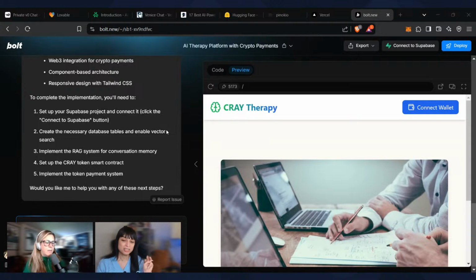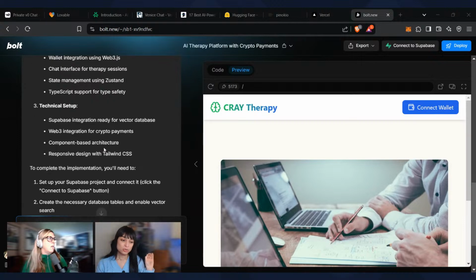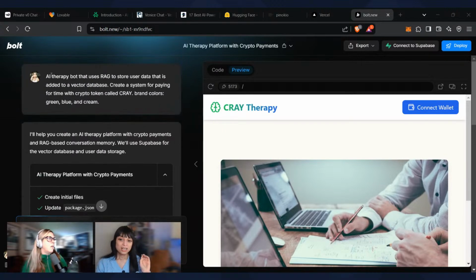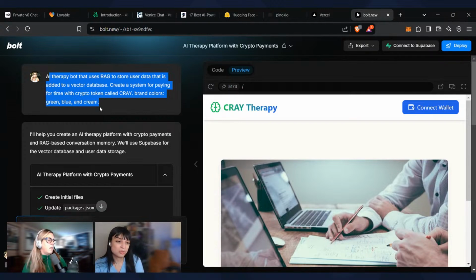It starts the conversation very strongly with the subject. So subject, verb, object too. So, AI therapy bot that uses RAG. It's telling it the way to store the user data. RAG is retrieval, the way of having content that's used to generate the responses.